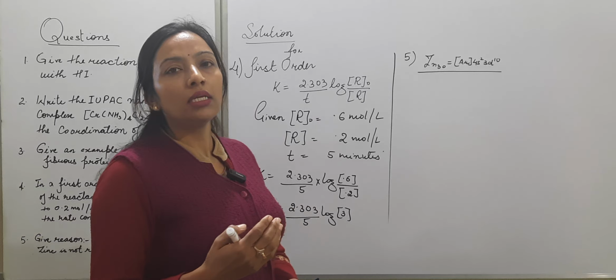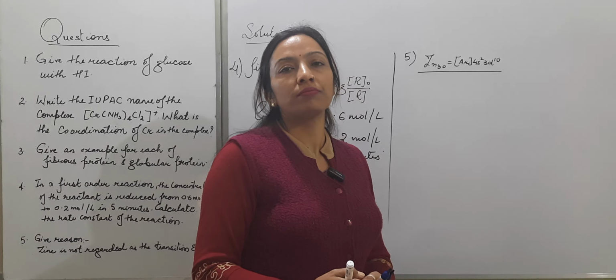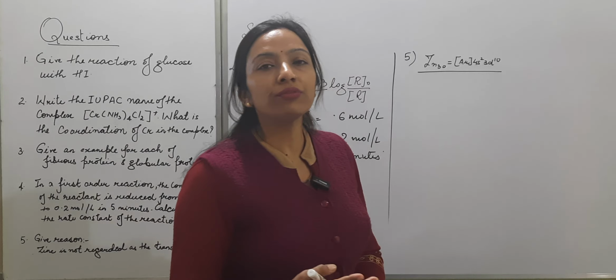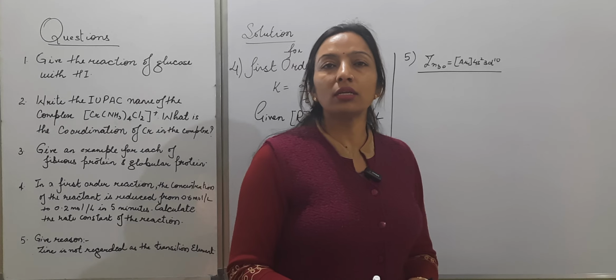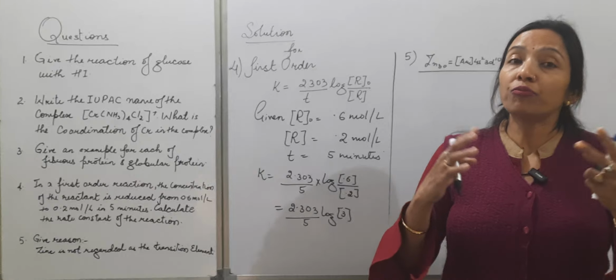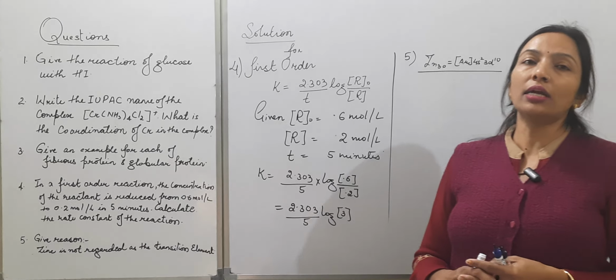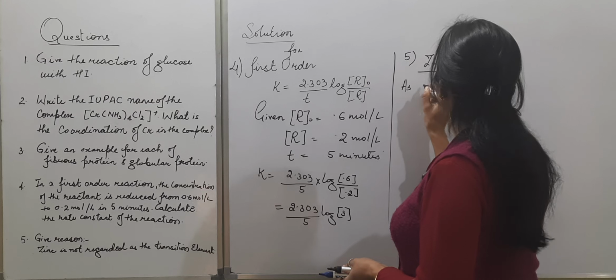While we are talking about the transition elements, they have partially filled or incomplete d orbitals. In the case of zinc, we have a completely filled d orbital. That is why it is not regarded as a transition element, though it is the end element of the 3d series, but having a fulfilled d orbital. So let's write the answer. First we have to show the electronic configuration. You can get half marks for showing that, and then you can write the answer as